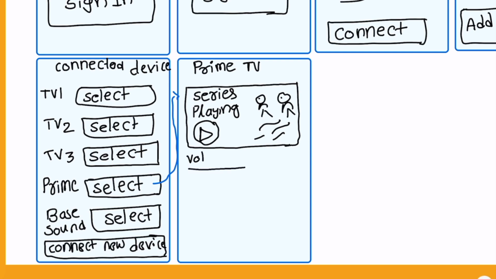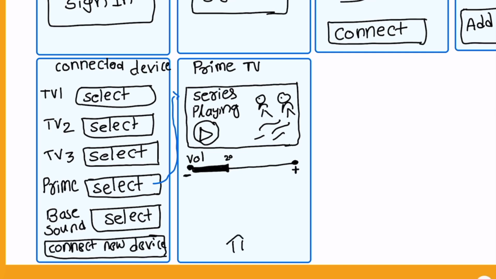Now I am going to create another option which is related series or movies exactly underneath of the volume. By looking at related options, the user can select any one of them and continue their entertainment. Now underneath the related options, I am going to create a home button, play or pause button, or more